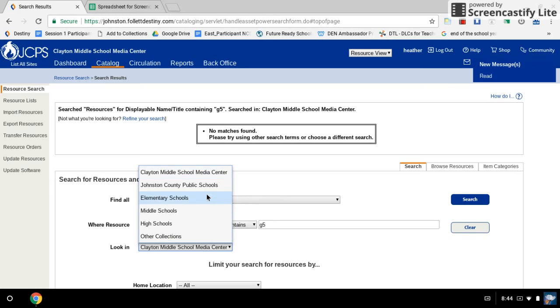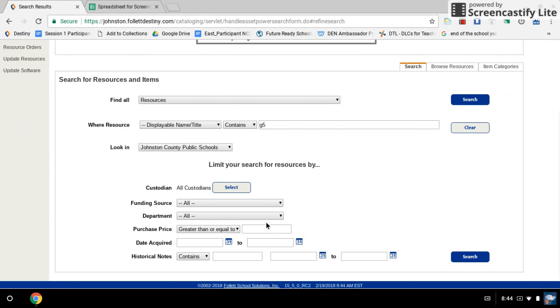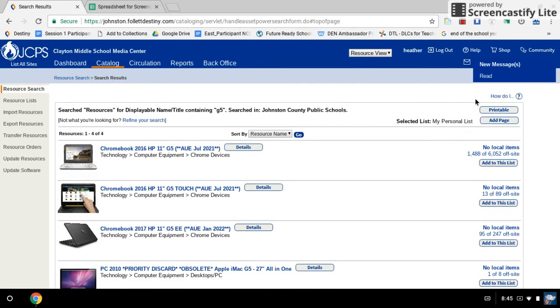When we create master records at Central Services, they are housed until these devices are added to your school. That master record is housed within this Johnston County Public School resource in Destiny. So you want to change that to Johnston County Public Schools. And again, this G5 is here, and now we can search. When we do that, we will pull in that master record, particularly for our school, and we can begin adding